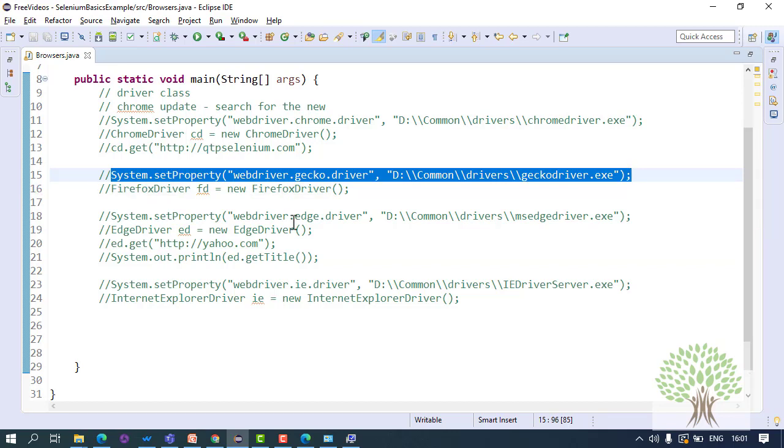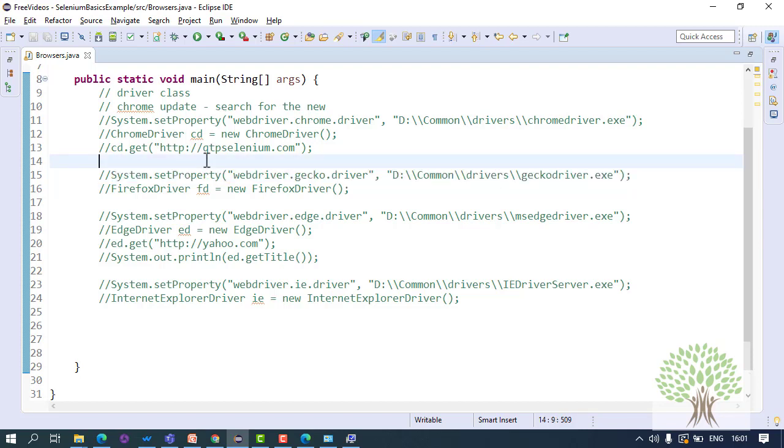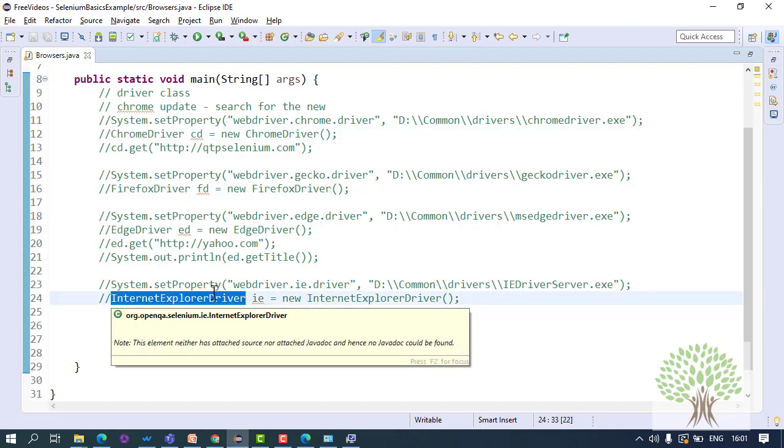Now once you have worked with different browsers, the question arises: what if I have to write a script which will work on all the browsers? How will I do that? Will I just keep on creating separate objects and separate scripts for every browser?